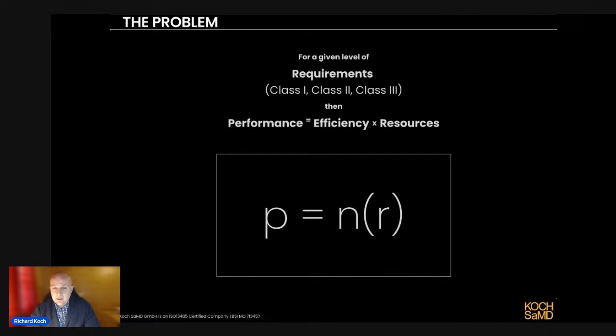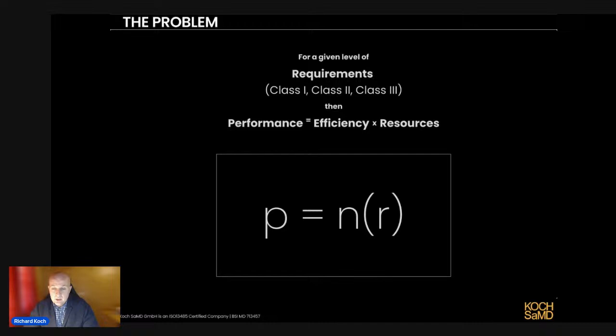And so we can state that problem as a mathematical formula. Again, this is super simple. I'm here to demonstrate the application, not real world examples, so just bear with me on this. So let's say for a given level of requirements, i.e. class 1 requirements, class 2, class 3, and as we know, the higher risk class you go, the requirements to deliver that product increase, more work basically. Then within that group of requirements, our organizational performance can be determined by a very simple formula.